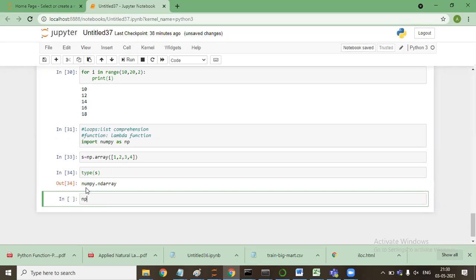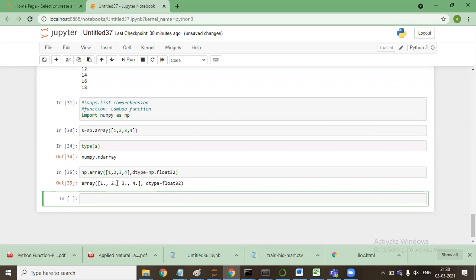I'll say np dot array, with dtype equal to np dot float32.